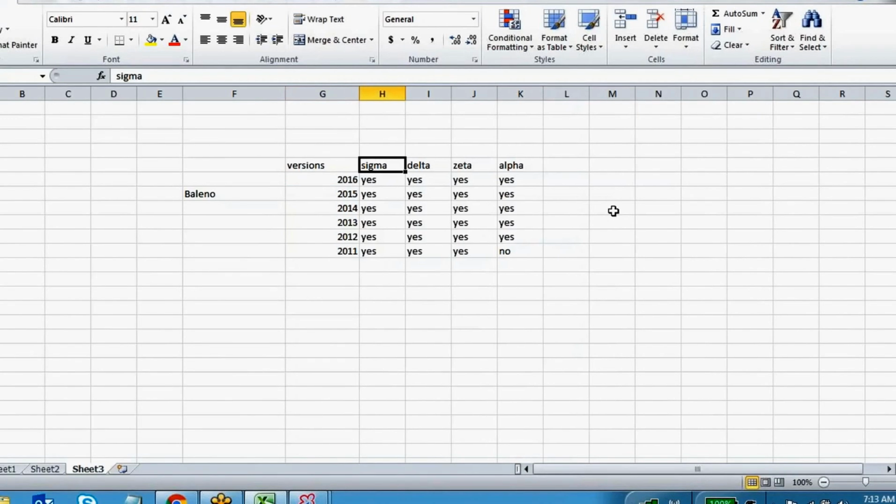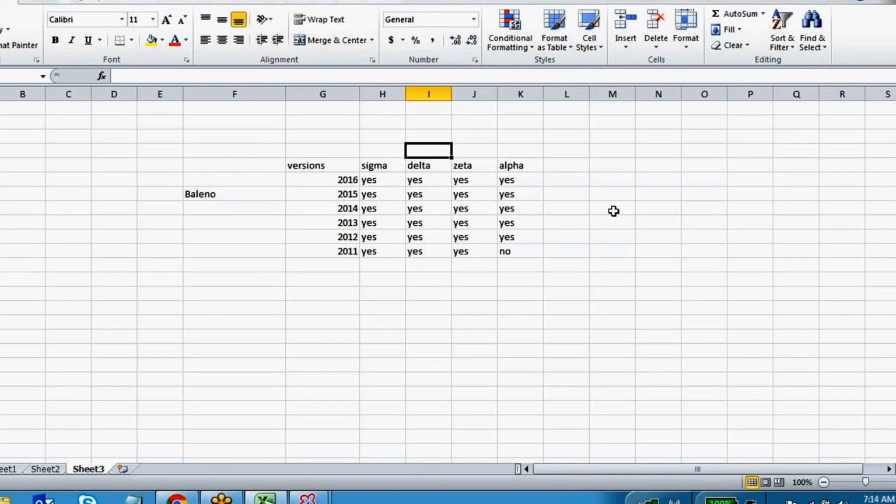What is the difference between Sigma, Delta, Zeta, and Alpha? Sigma is the basic one, and Delta is the second level from the bottom. In Sigma we don't have many options: no central locking and no power windows. But in Delta we get central locking and power windows.